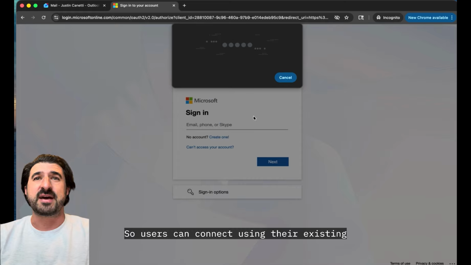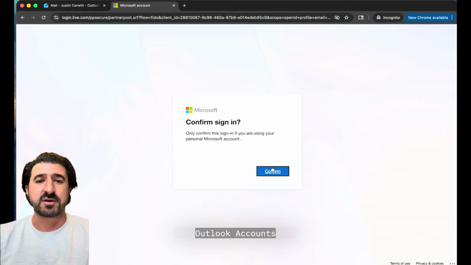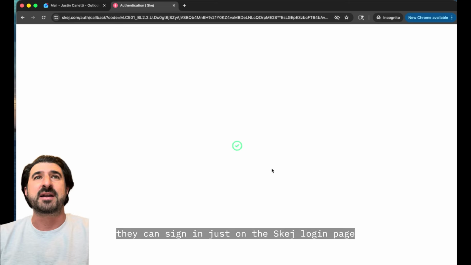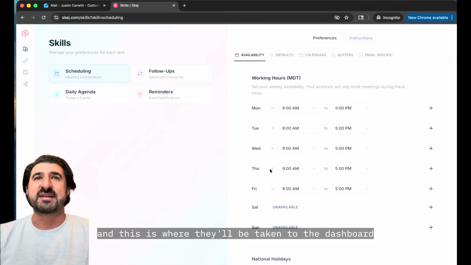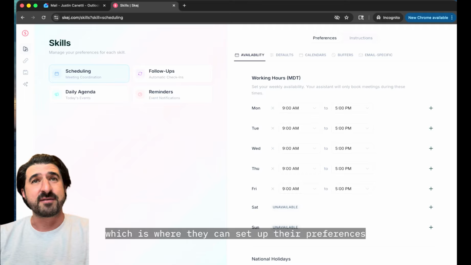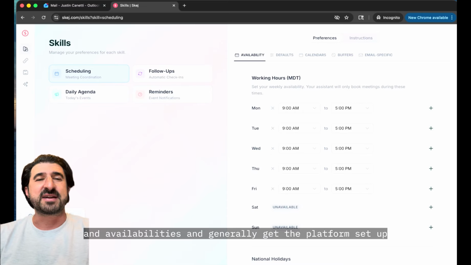So users can connect using their existing Outlook accounts. They can sign in just on the Skej login page, and this is where they'll be taken to the dashboard, which is where they can set up their preferences and availabilities and generally get the platform set up and customized